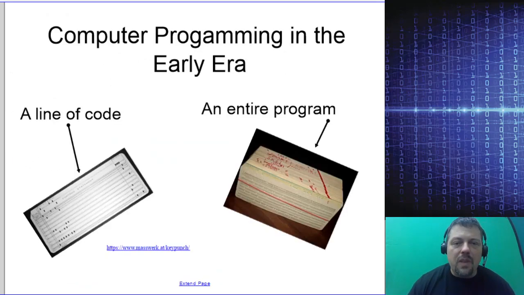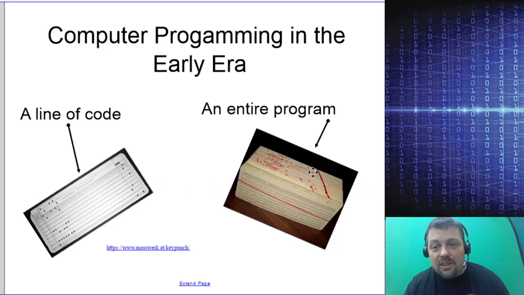So, early computer programming, how did it work? Well, typically you would have some input device, and it was often these punch cards. So, a punch card would represent a single line of code, and then a stack of these punch cards would be an entire program. And there were a lot of different languages back then. And basically every computer had its own language developed for it. There wasn't a reason to make them general because so few computers existed. But one line of code would be punched out on a punch card like this, and an entire program would be a stack of those punch cards like so.